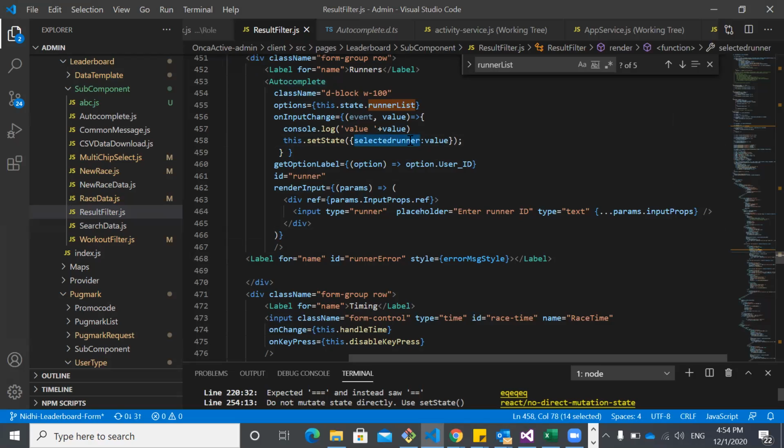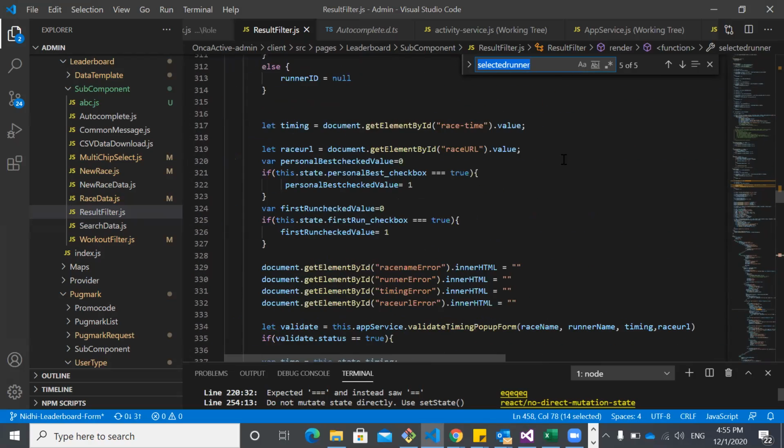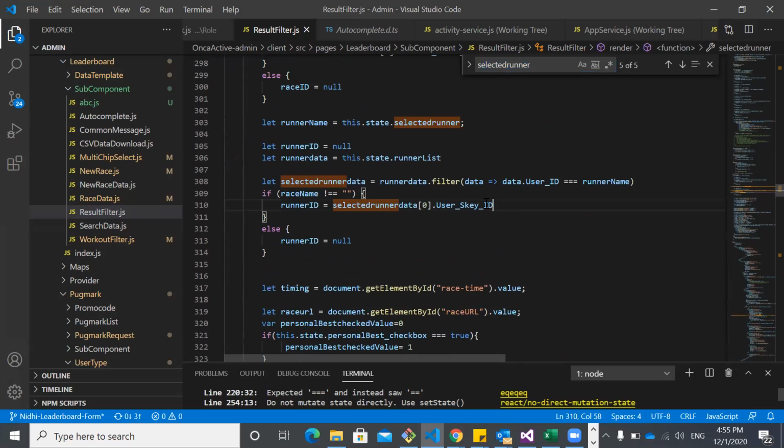From this selected runner, we are finding what ID is tagged to this Deepak.Kumar. For that, we are doing this for loop. We are storing this state runner list into runner data.